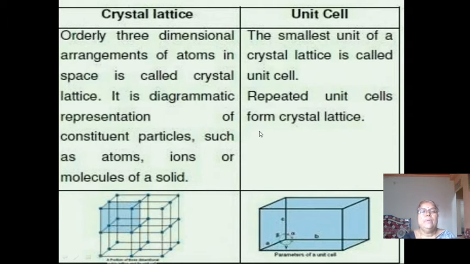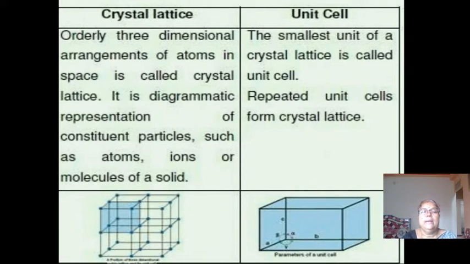So up till now you have a very good idea regarding what is the crystal lattice or space lattice or simply lattice, then what is the unit cell, what is the plane or face of the lattice, and what is the interfacial angle. After this we will see the